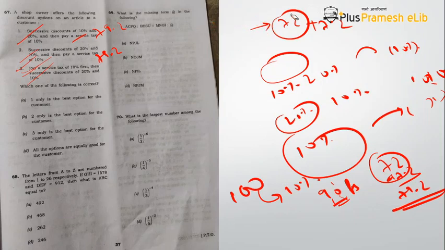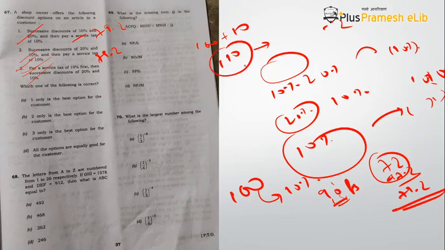And then in the third case, first you put the service tax. So 100 plus 10% service tax, which is 10 rupees, so 110 is the cost. Now out of that you give the first discount of 20%. 20% of 110 would be 22 rupees, so subtract 22 rupees from it. This will be 88 rupees. And from 88 you again give a discount of 10%, so you subtract 8.8 rupees. What you get is 79.2 again. That is why I am saying the answer is option D, that all three options are equally good for the customer.